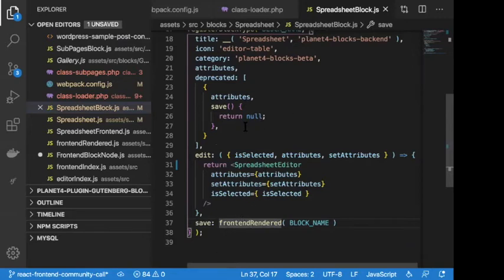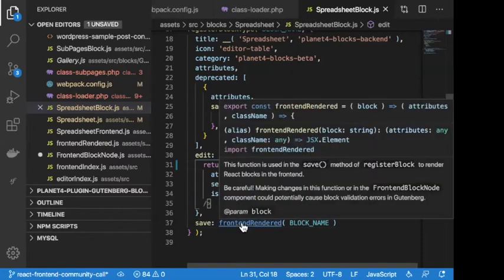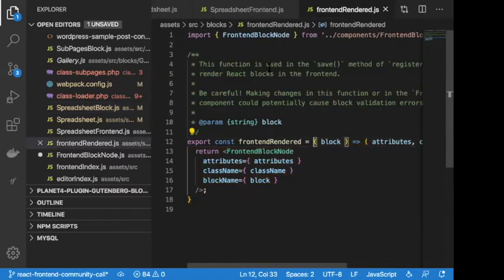So we had to do this deprecated assignment here to actually tell the editor that this is what we were saving before, and this is what we are giving the editor now. This does not apply if you are building a new block, but for all blocks that used to return null, this is very important. That's why I added this comment to the front-end render function,